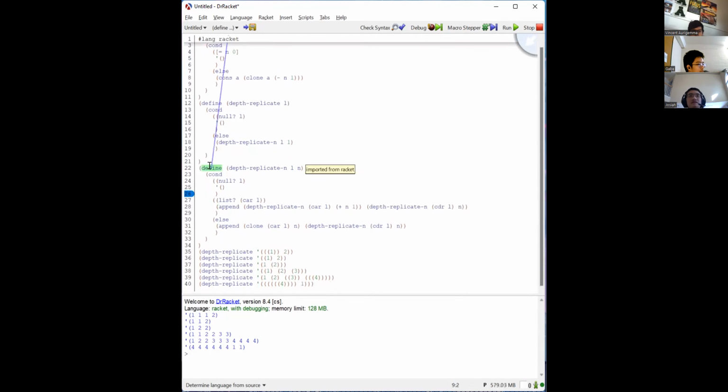I believe this is the helper function. So the depth replicate calls the other helper function, but it just passes 1 to it because that's the first depth. And that's the then part. If you get a normal element, it appends